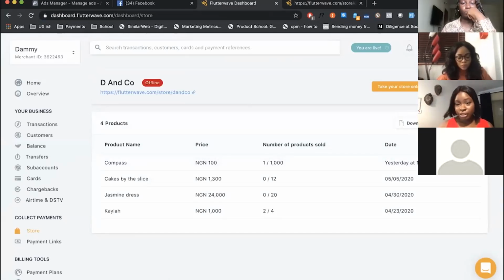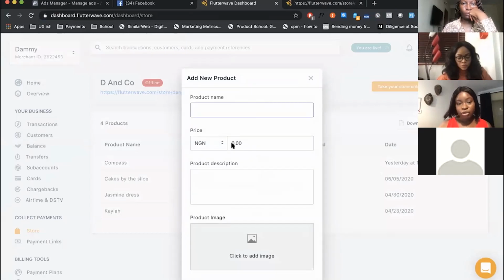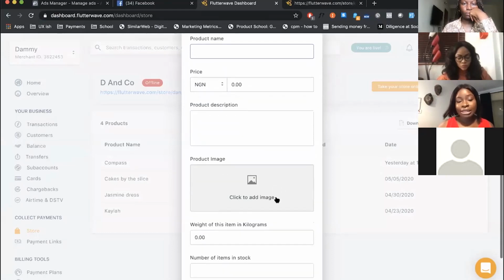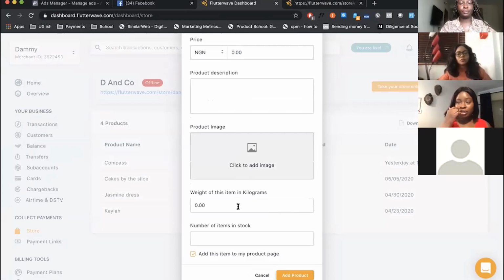To add a product, just go in there, name what your product is, say how much your product is worth, add your product description, enter the image of your product. Because this is online and logistics works with weight, it is very important for you to know the weight of your item. This is something I would highly suggest that we incorporate into our processes today, so that it makes the entire shipping process a lot easier, right? Then you specify how many of your products you have in stock. This is for your inventory management. And then you just go ahead and add your products, right?